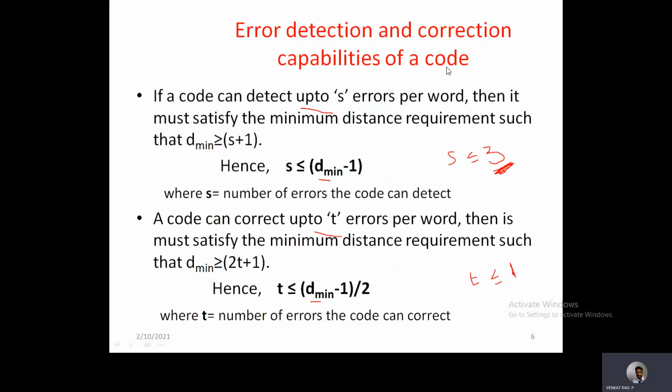If you want to know the capability of your channel coding technique, that capability means how many errors it can detect. Similarly, how many errors it can correct.